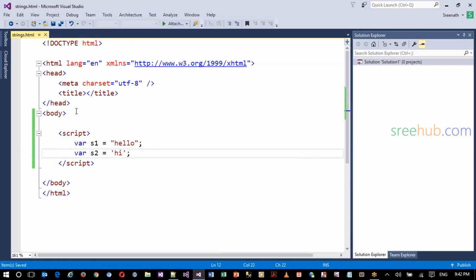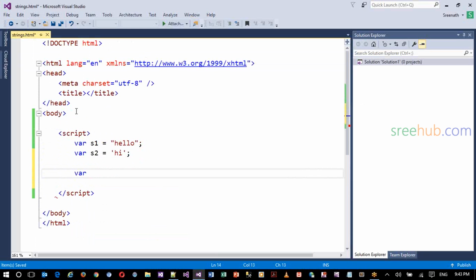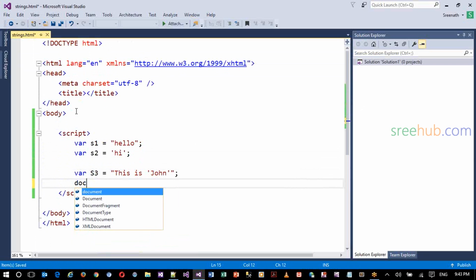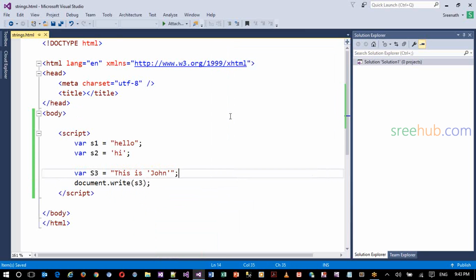So here, if you want to club this, for instance, I'll say some other string, let's say I'm going to define something called "this is 'John'", and I want to mention John in single quotes. Yes, you can mention it. So now I'm going to write it down as s3. So when I run this program,